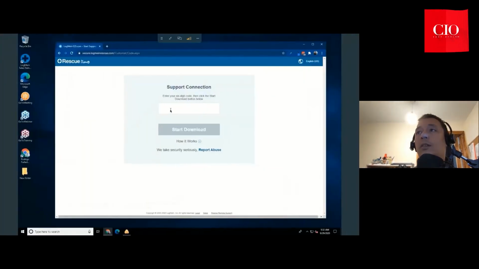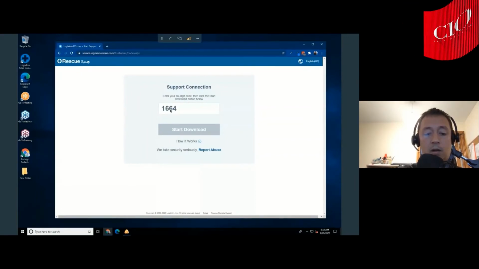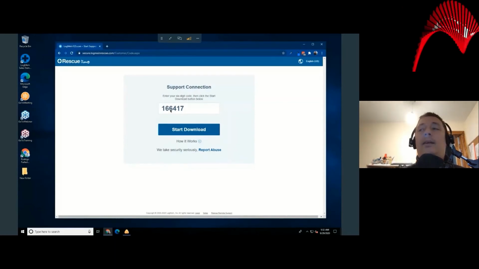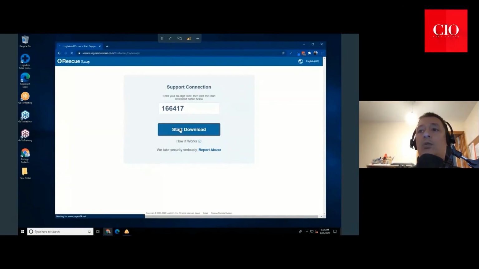166.4.1.7. Once they type the code in there, they start the download, and you might be asking, okay, but